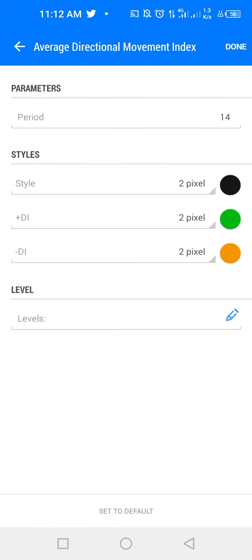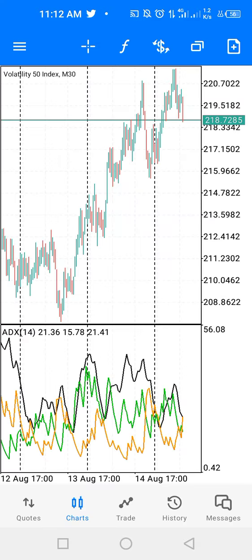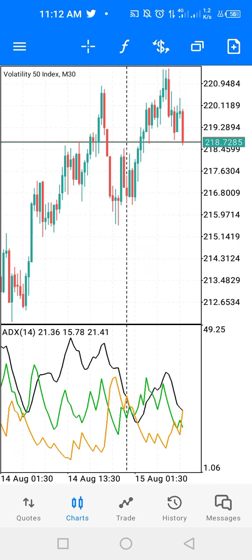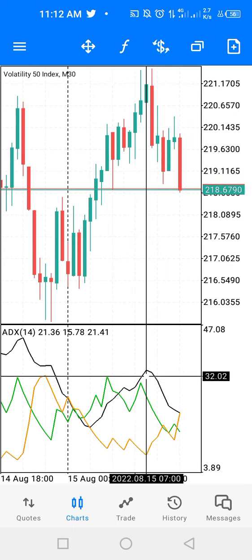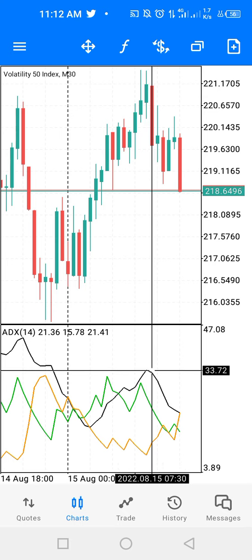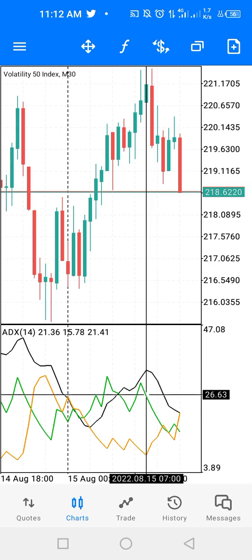By default it is 14. It has three lines. They call it style. That style is the same thing as a signal line. And we have positive DI, we have negative DI. So let's put it down. So this is it. Before you trade it, you have to first of all make sure that this signal line is above these two lines, that's positive and negative